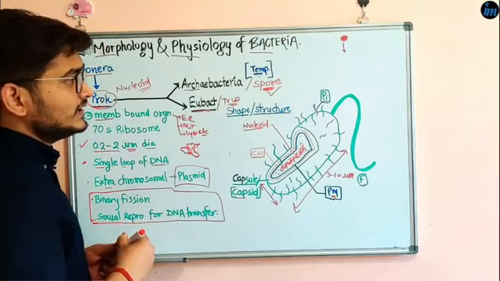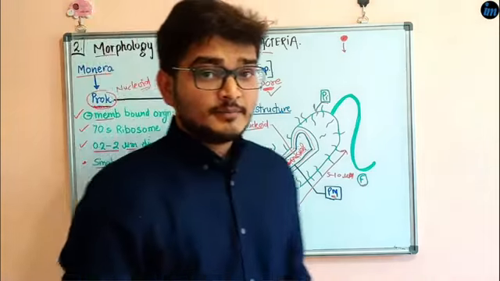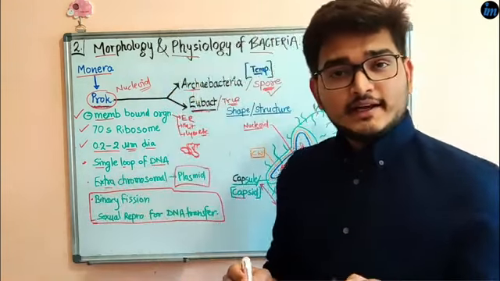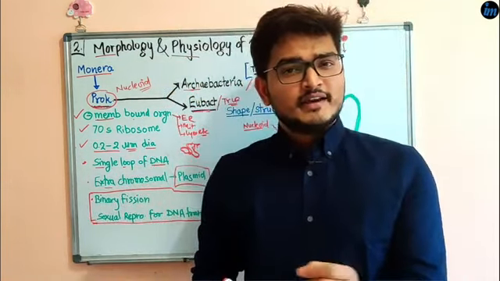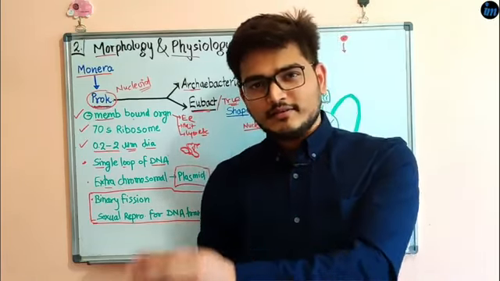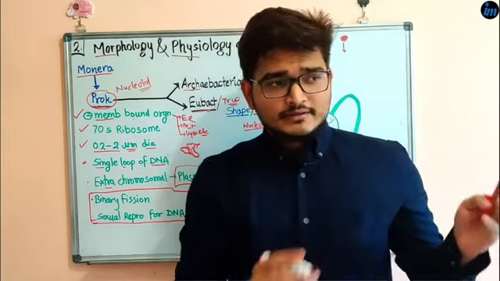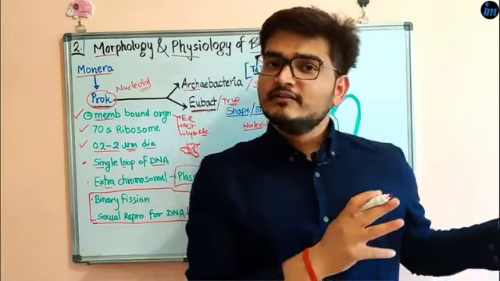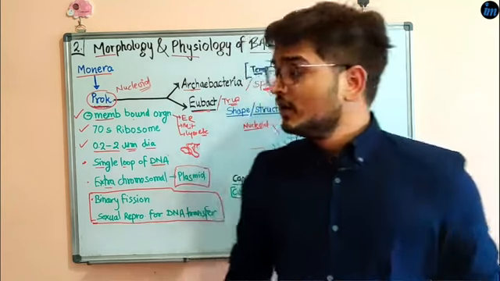As I told you in my previous video, there are gram positive and gram negative bacteria. These are the only categories of bacteria which we can decide on the basis of their having a thick cell wall and those particular properties, and others don't have them. That's why they are gram negative bacteria. Okay, further class